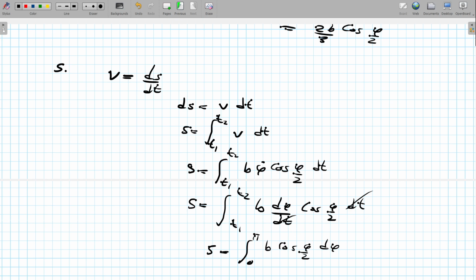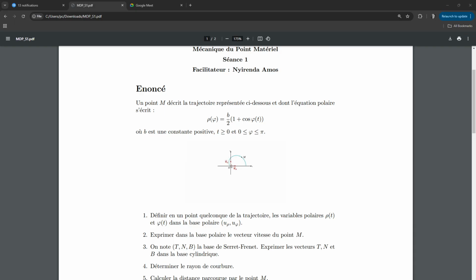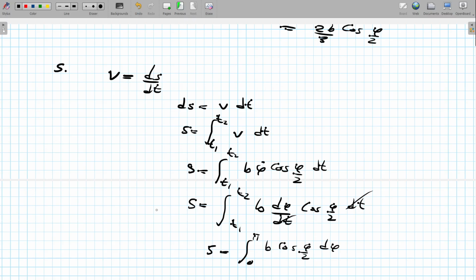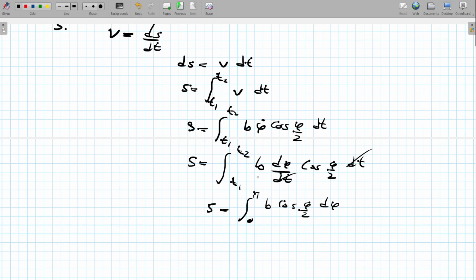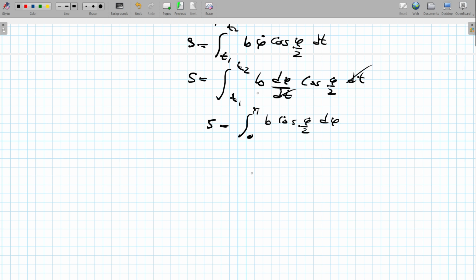We're supposed to integrate between the bounds of what? Of phi. So we have b cosine phi divided by 2 d phi. According to what the question is saying, phi is between 0 and pi. So our bounds will be 0 and pi. Like I've indicated here, our bounds will be between 0 and pi. So this is going to be equal to